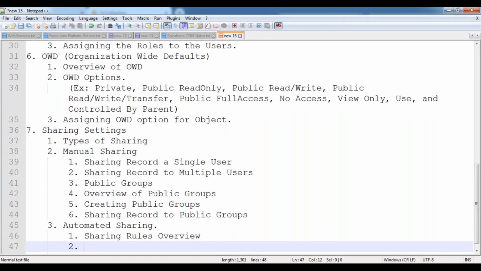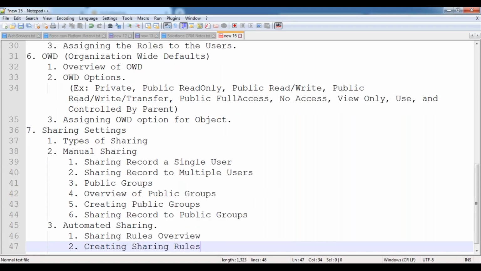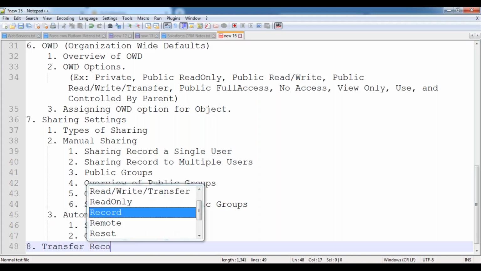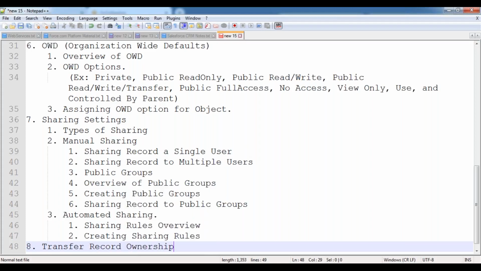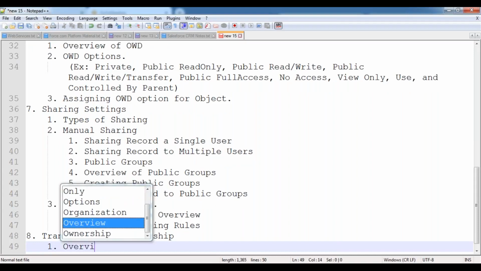overview, and then creating sharing rules. Creating sharing rules to share users' records to other users. And then we'll see the concept of transfer record ownership, transferring the record ownership. Inside this, we'll see an overview of